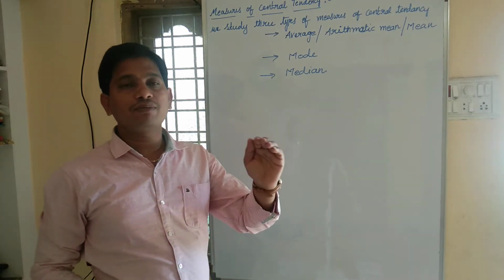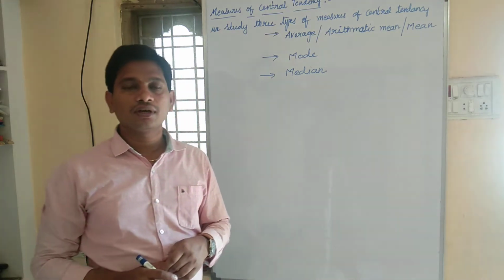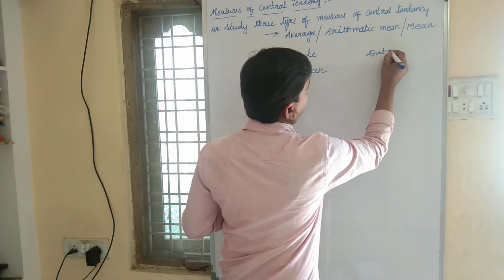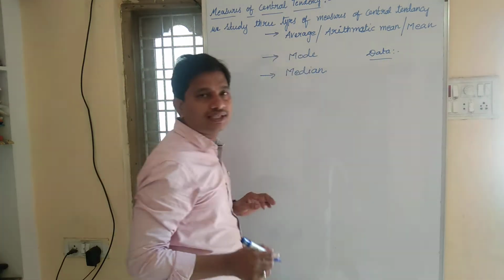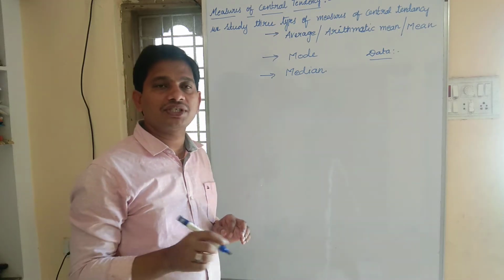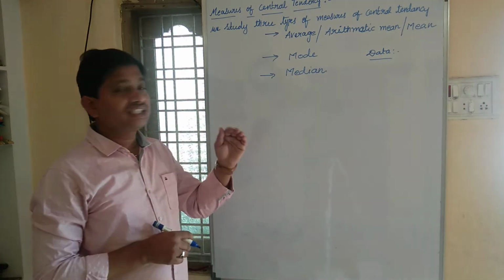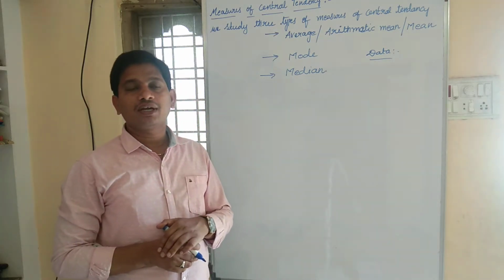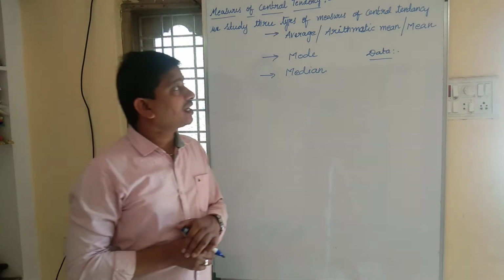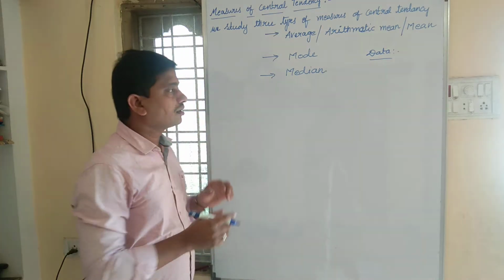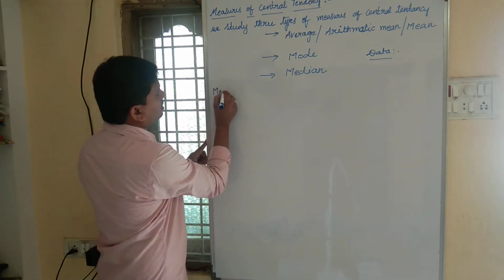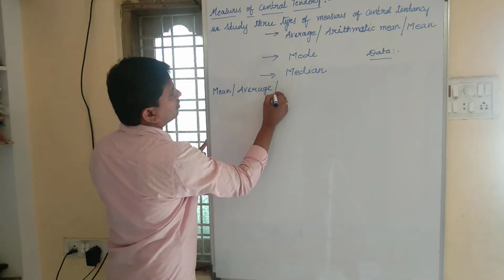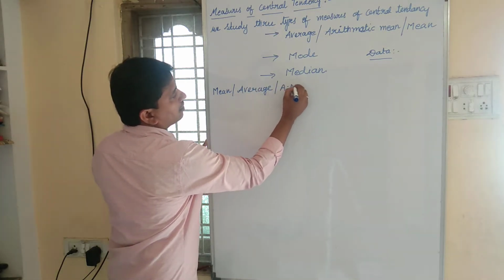We have different forms of data. So, do you know what we mean by data? Data, in the sense, it is a collection of information which helps us to take certain decisions. Okay, so let us study about arithmetic mean, or simply we can call it mean, or also we can call it average.